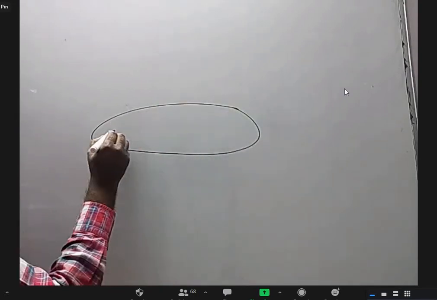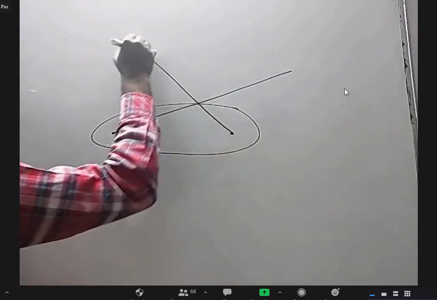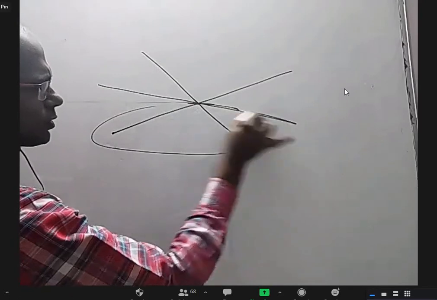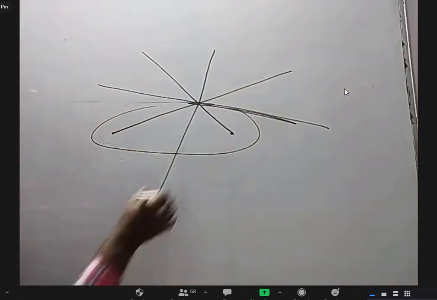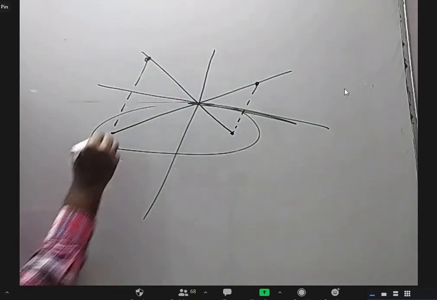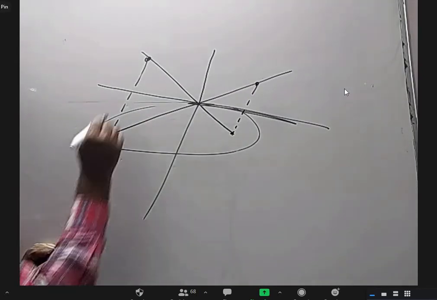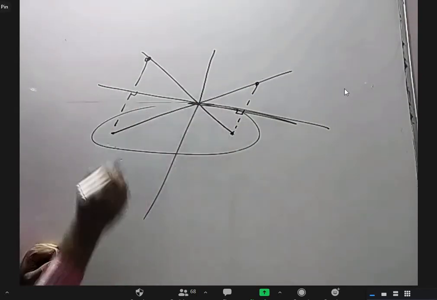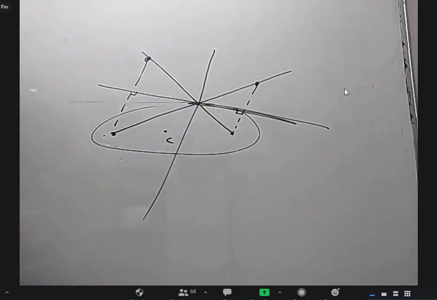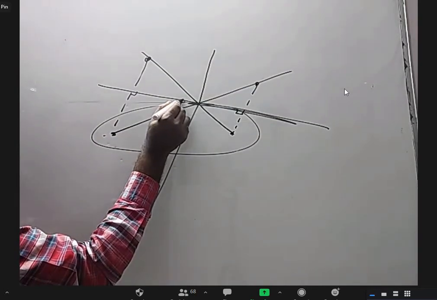You take the ellipse, take the two foci, take any point and extend this and extend this. Tangent is like this, normal is like this. This image is here and the image of this is here. And this plus this is the same as this, 2a, we studied, right? Now see what happens. This angle is 90 because we are finding the image. The midpoint of the two foci is only the center, right? Now I have to find the foot of that, somewhere here.